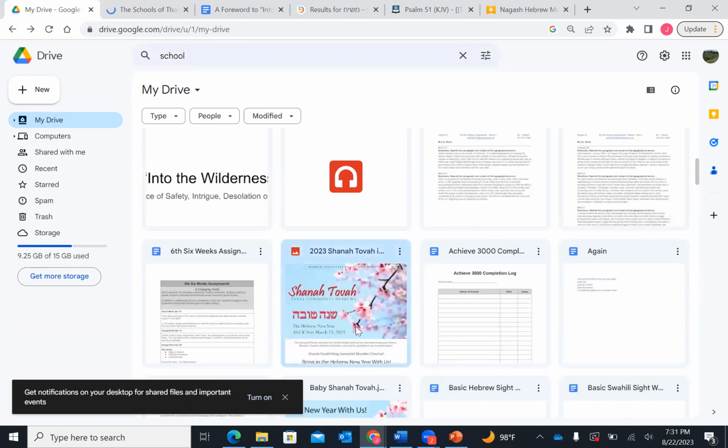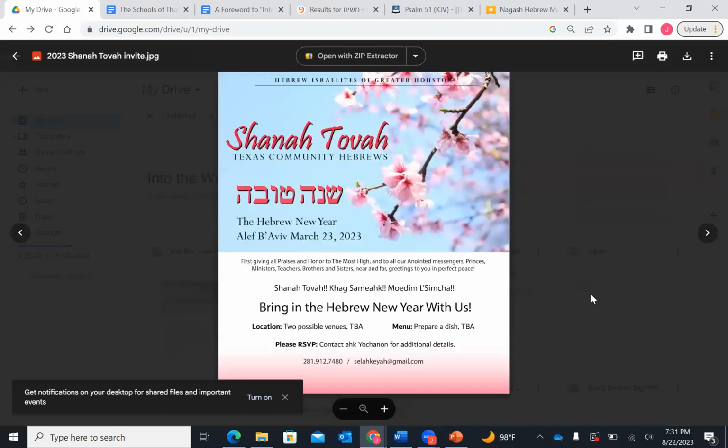I'm looking at Shana Tova. Yes, ma'am, Shana Tova. This flyer reminds me that some holy days are approaching. We have Yom Kippur and Shabbaton, Zikron Hatruah, which is the memorial blowing of the trumpet. And the next month we have Sukkot, the Feast of Tabernacles. Tents, booths, tabernacles, all the same. This was a Shabbat flyer for Shana Tova.